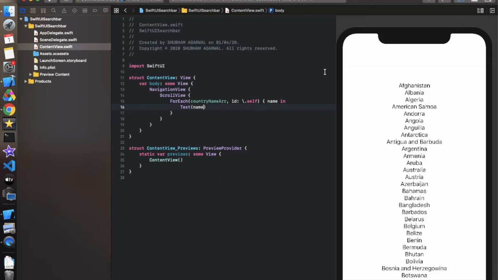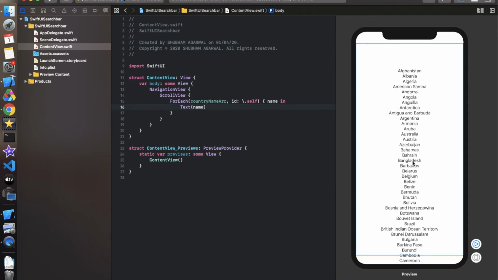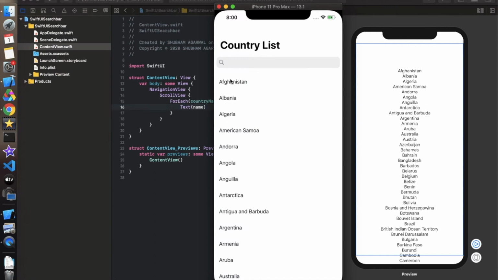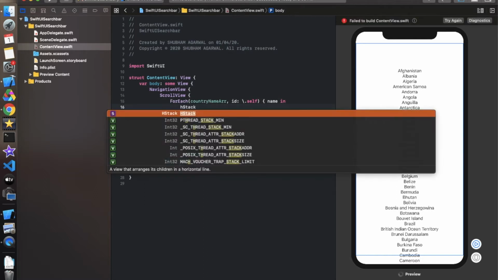So SwiftUI is taking a little bit of time, so it's looking something like this, and the things are not looking very good. So let's make this a little bit more beautiful as compared to now. As in the demo, there is text over here and there is good spacing between the texts. So for that we first have to change the alignment of this. So we have to put this Text view in an HStack, so simply use HStack, so we can put the Spacer at the end.